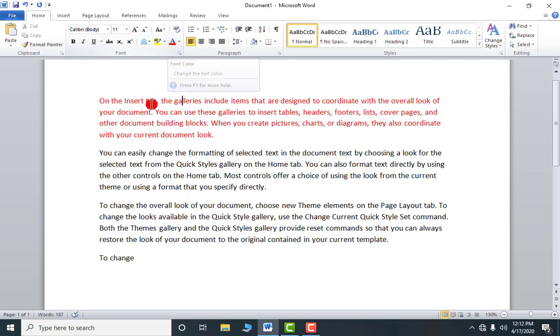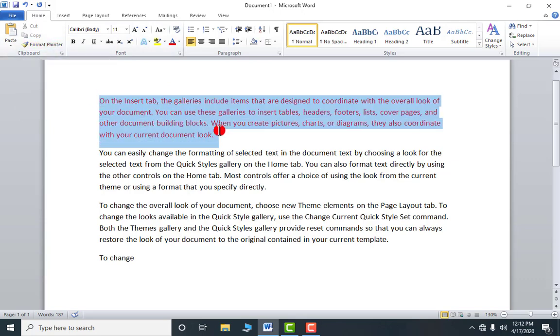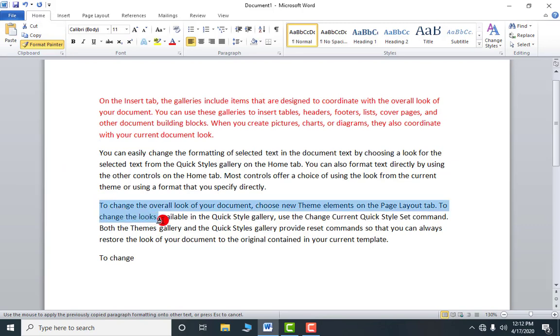Now if I say I have to copy this red color from this paragraph to this last one without using this, so no problem, you can use the Format Painter. For that you have to select this, click on Format Painter. Okay, now take your mouse pointer where you want to keep the formatting, just select the text like this, and you will see the formatting is copied. Okay, by using this you can copy any formatting, whatever. If you have made the text bold, italic, underline, whatever you have made, you can copy paste the formatting from one place to another.